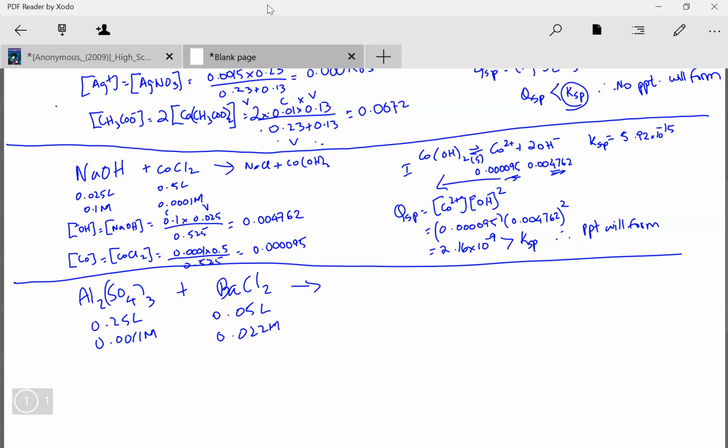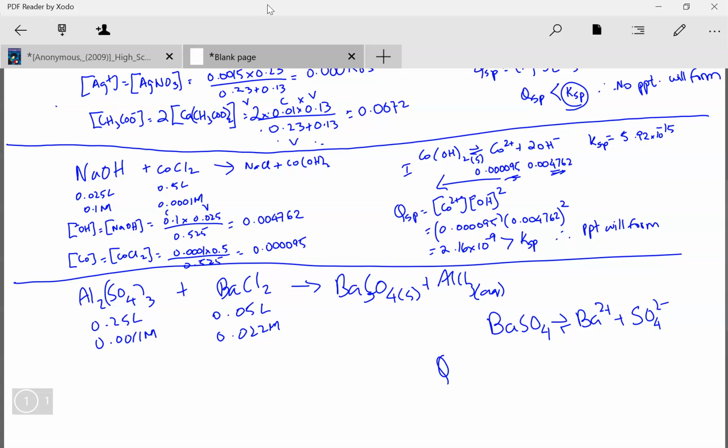Again, the one I'm interested in is probably my barium sulfate, although I'll double check that. Yeah, barium sulfate is insoluble, so we're guessing aluminum chloride is soluble. So barium sulfate, solid, plus aluminum chloride, aqueous, I'm not worried about. So my KSP expression is going to look something like barium sulfate, barium 2 plus, SO4 2 minus,